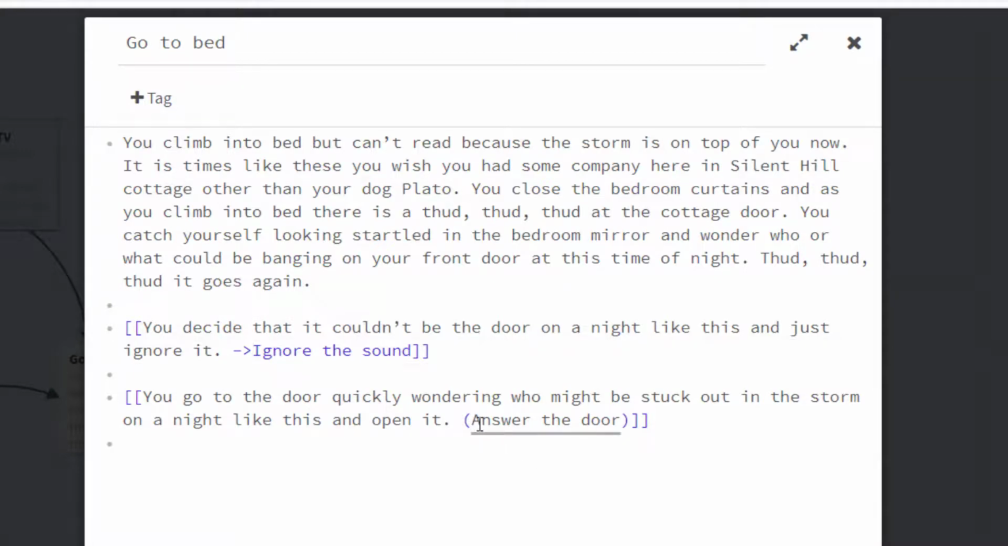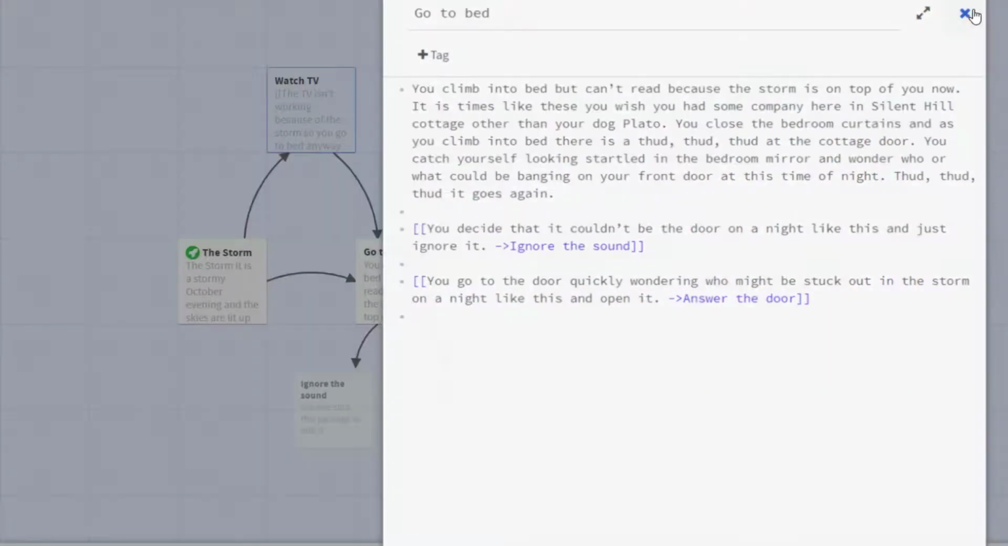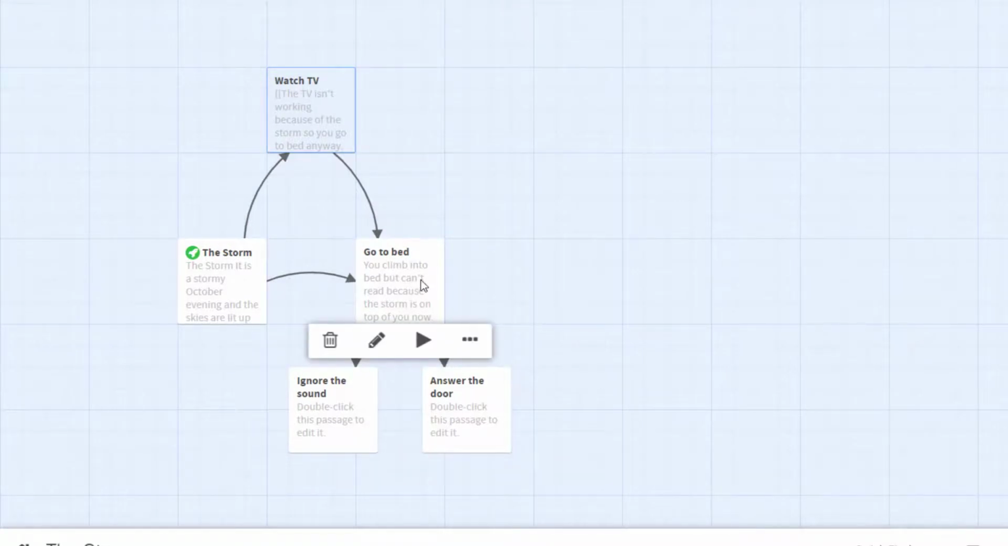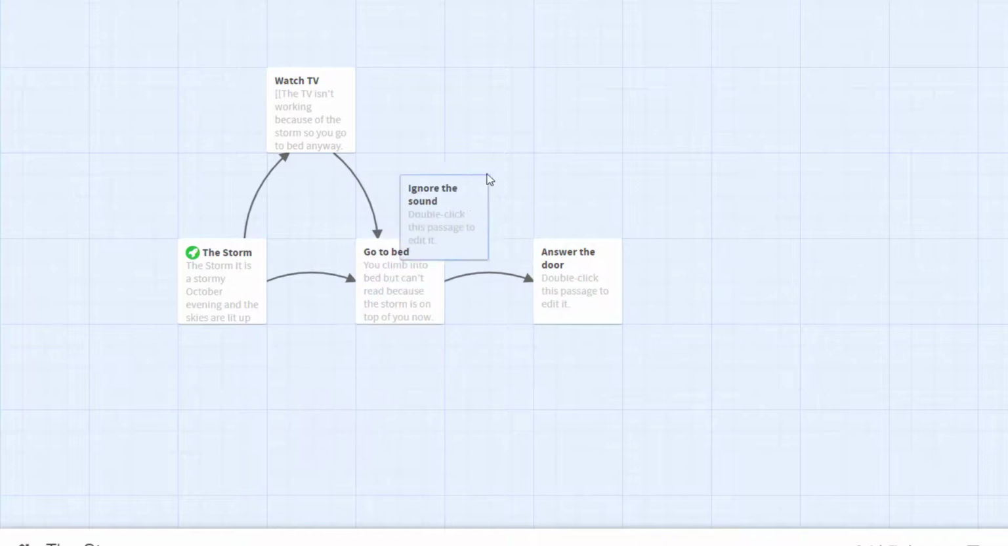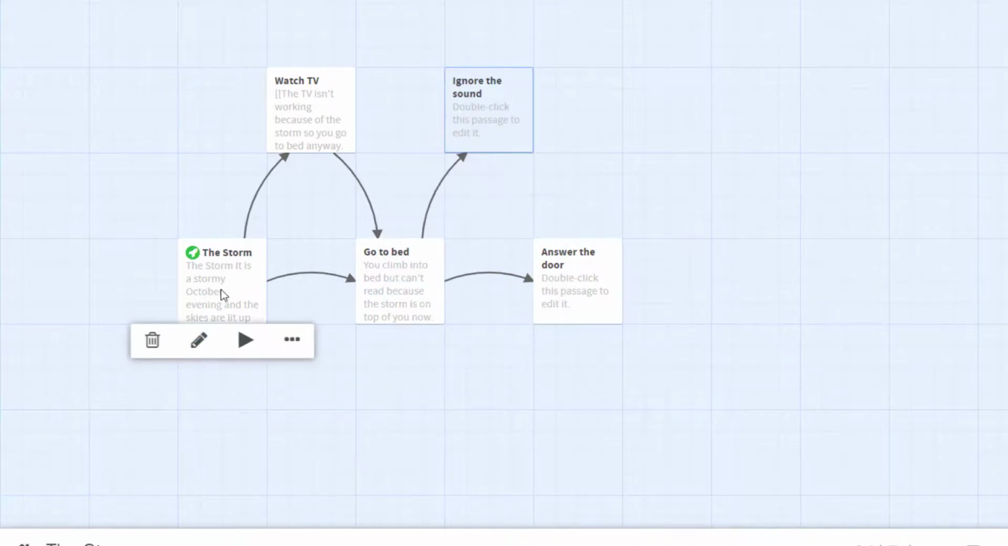And likewise, if I do the same here, and a greater than sign, it should set up two more pages. So let's have a look. So it has done. So when I go to bed, I can either answer the door or I can ignore the sound. So now I'm going to play the whole story through,